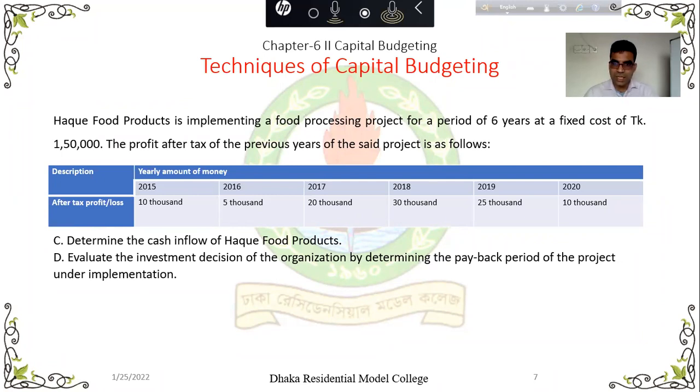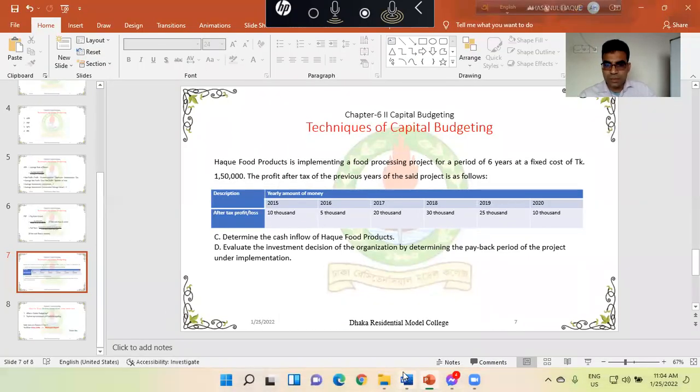Yearly amount of money, this is the problem. 2015 cash flow, after tax profit or loss. After tax profit or loss we have to give minus 10,000 before 2016, 5,000 in 17, 20,000 in 18, 30,000 in 19, 25,000 in 20, 10,000. Question C: determine the cash flow of Haque Food Products. And question D: evaluate the investment decision of the organization by determining the payback period of the project under implementation. Okay. The solution has